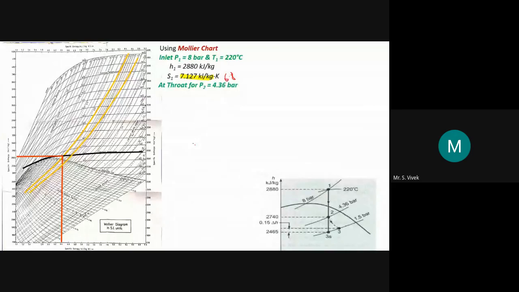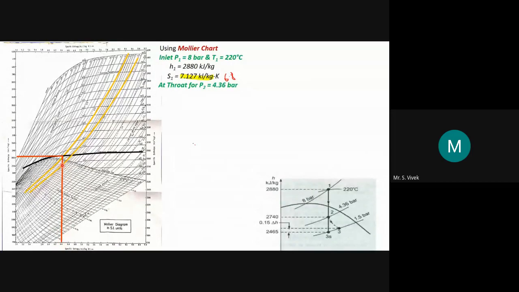So there's this yellow color line. This yellow color line, you can see in the presentation, lies nearer to the 4. Here it lies nearer to 5. Sorry for that, it has to be on the 4. So if you travel in this line towards the downward direction, it will intersect this red color line, which is drawn from point 1 vertically downwards in order to locate the entropy.